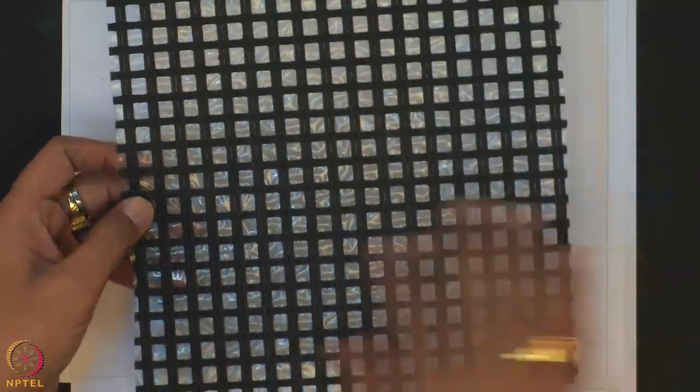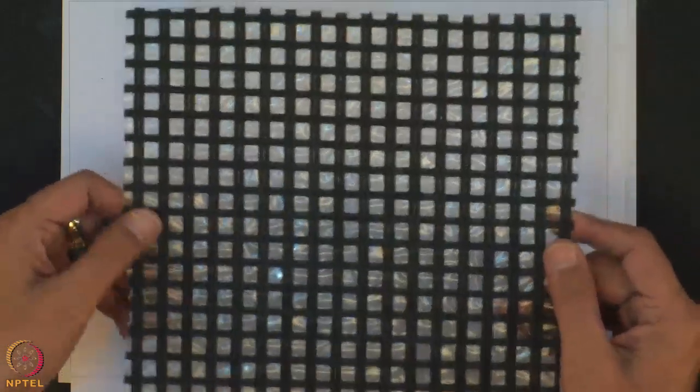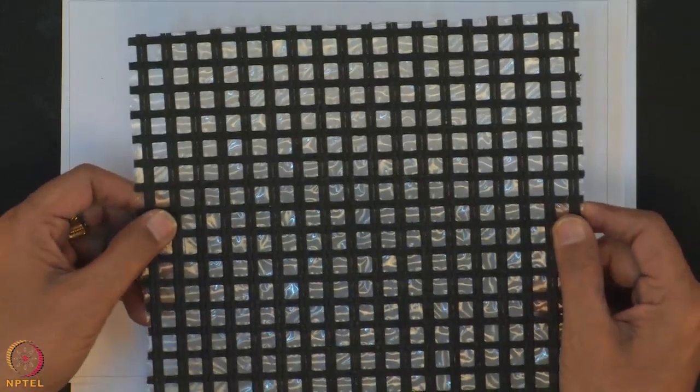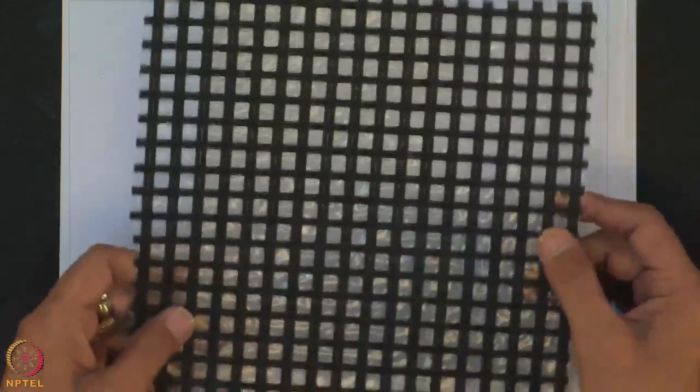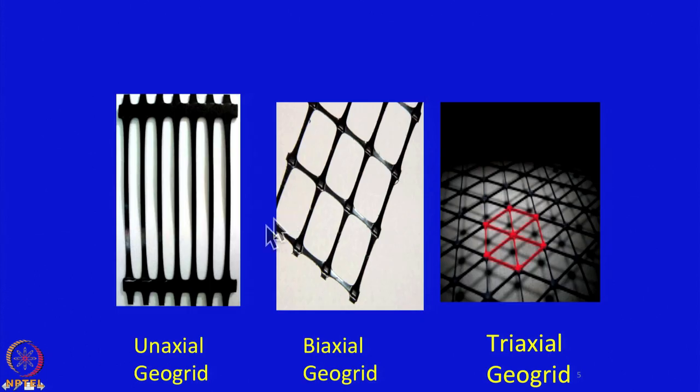It has also been used in airfield pavement for reflection cracking, and it has a strength of 100 kilonewton per meter or 50 kilonewton per meter. So this is an all glass polymer material. So this geogrid material is used. This is uniaxial geogrid. I showed you the biaxial geogrid. Another new material has also come, which you call the triaxial geogrid material. And this triaxial geogrid material is also made from bamboo and polyester material.